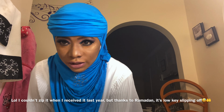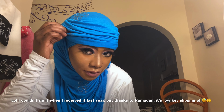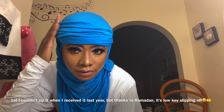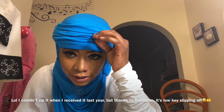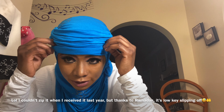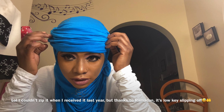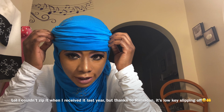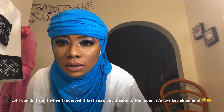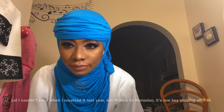The Haji Hijab style. It's not as complicated as it looks. Fairly simple. Go ahead and give it a try. I'm sure you can do a better job at these pleats than I am. And sometimes it depends on the type of fabric that you use. Some fabrics are easier to work with to gather pleats, and others just give you a heck of a hard time. So yeah,